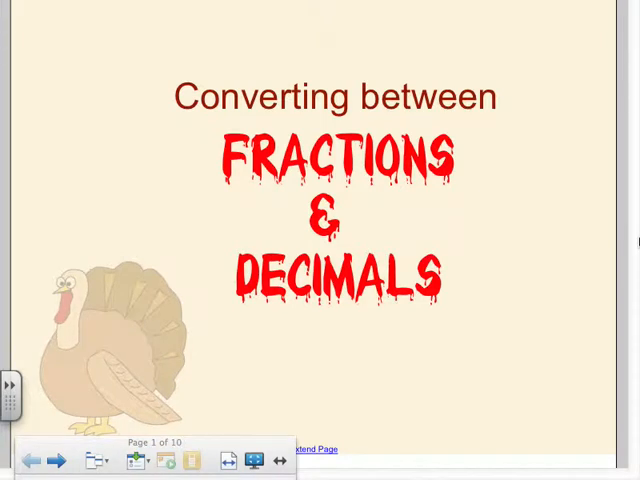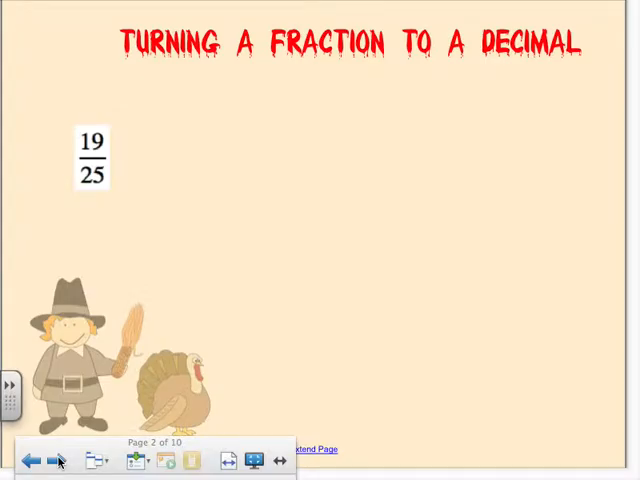All right, this video is on converting between fractions and decimals. First of all, we're going to look at a fraction and see how to turn it into a decimal. There are two ways to do it. The first one is if you notice your denominator, remember, is your bottom number, is easily a factor of, say, 10 or 100 or 1,000, any multiple of 10, then you can change it